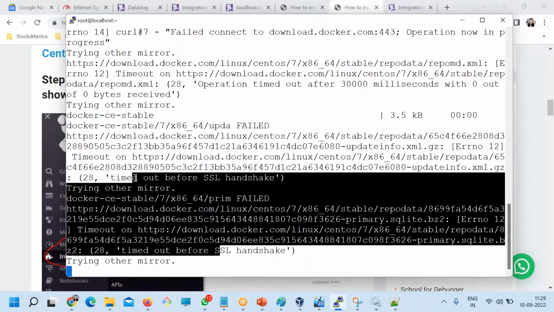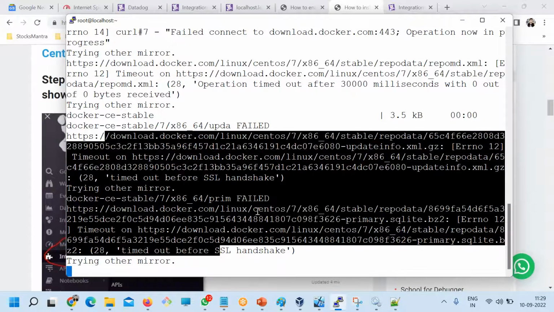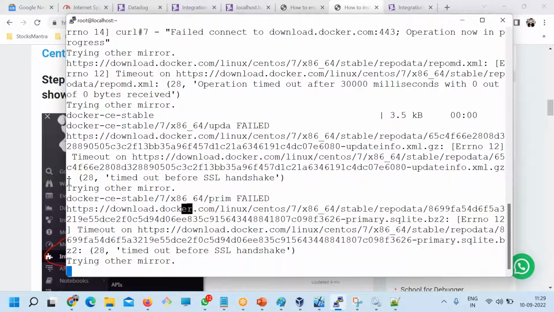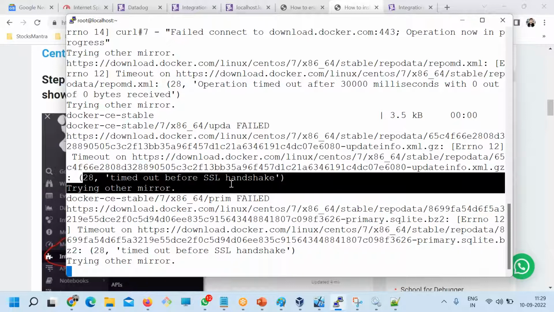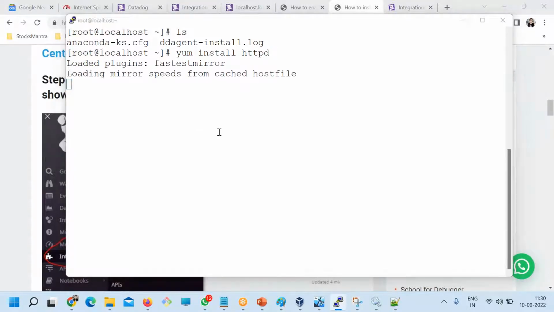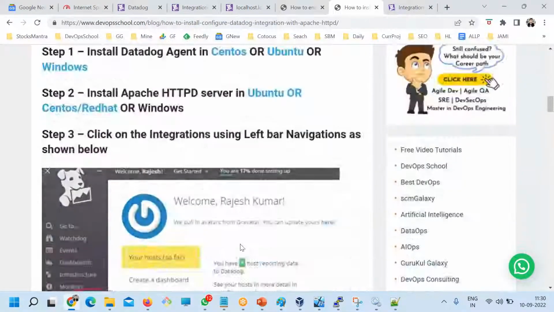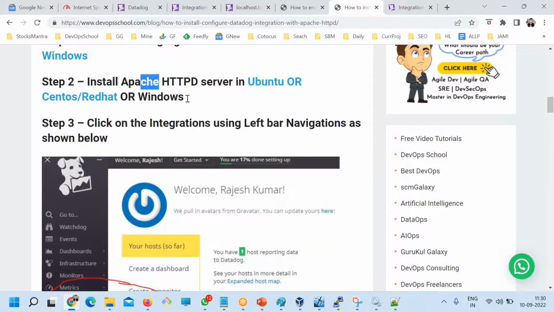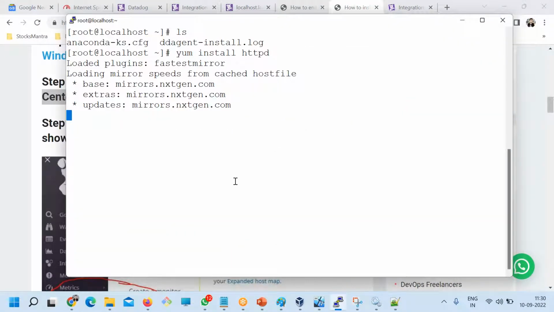So right now this Docker is being installed, okay, and you see that everywhere there are mirror issues. So maybe it will take some time. I'm not going to wait for it, and I'll explain after 10 minutes if it is coming well. So I'm installing Apache. yum install httpd. This is the command to install; all these commands you have here only. Here, see. Okay. My God, Apache is also having a problem.